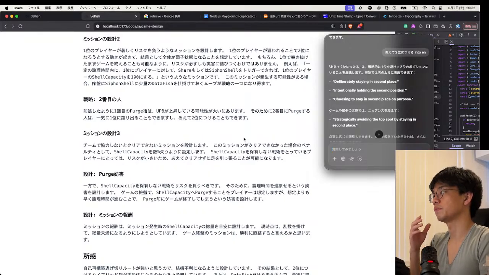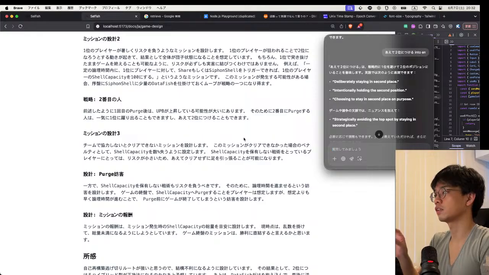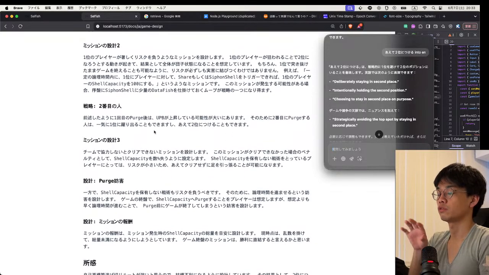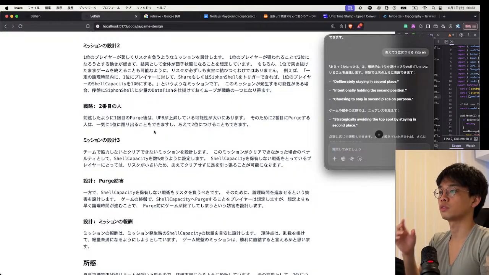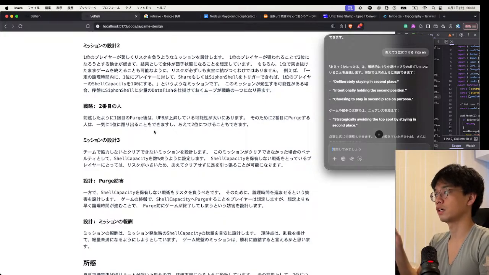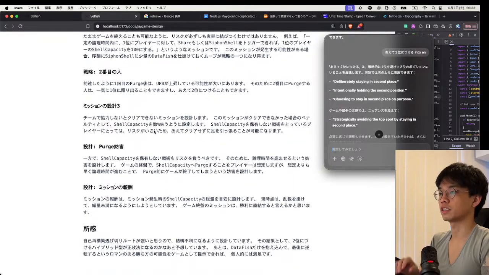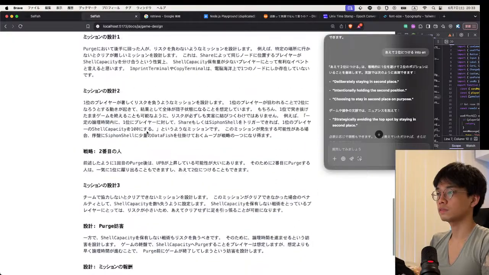Option 2 is deliberately staying in second place, or going to second place in this case. So you can choose the amount to purge. You can calculate and purge some amount of data fish, and aim to go to second place deliberately. Okay, and next,